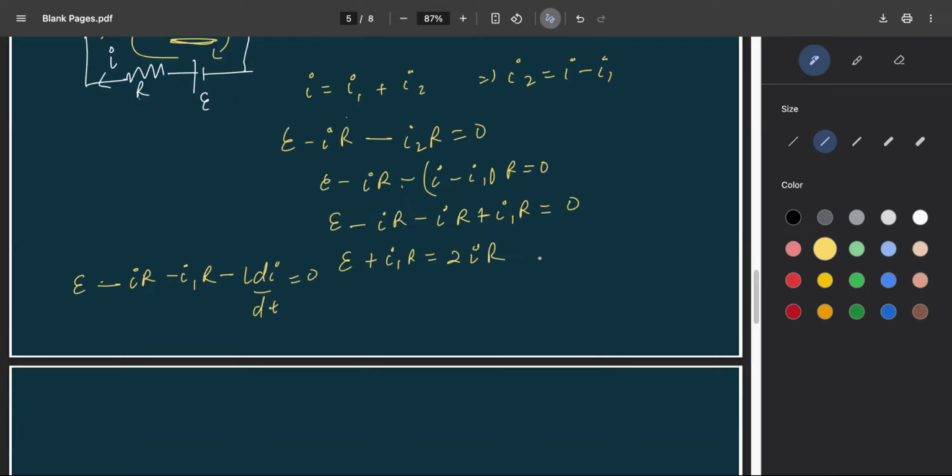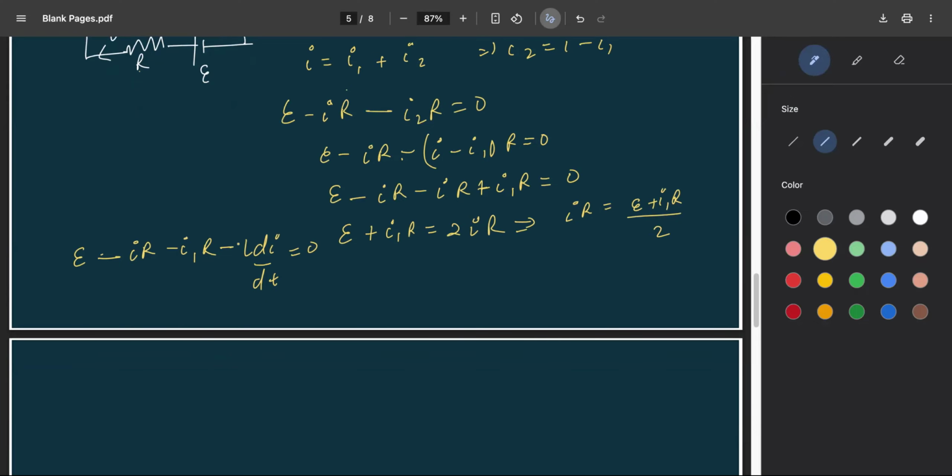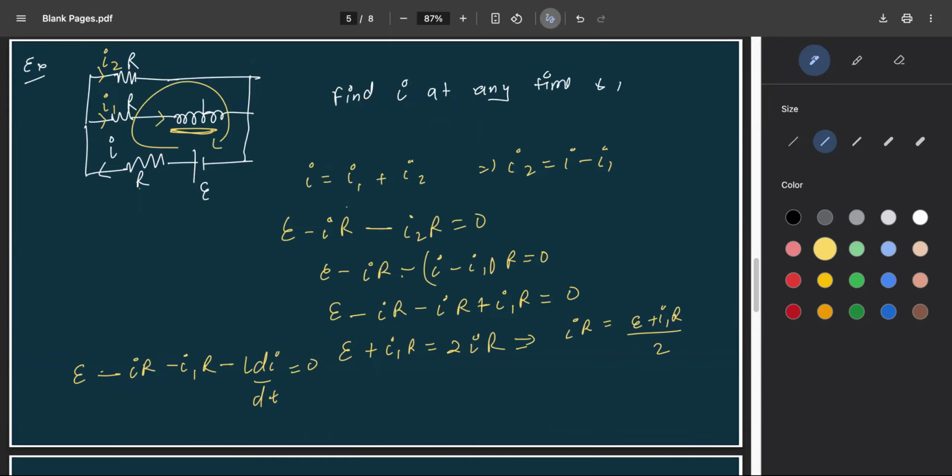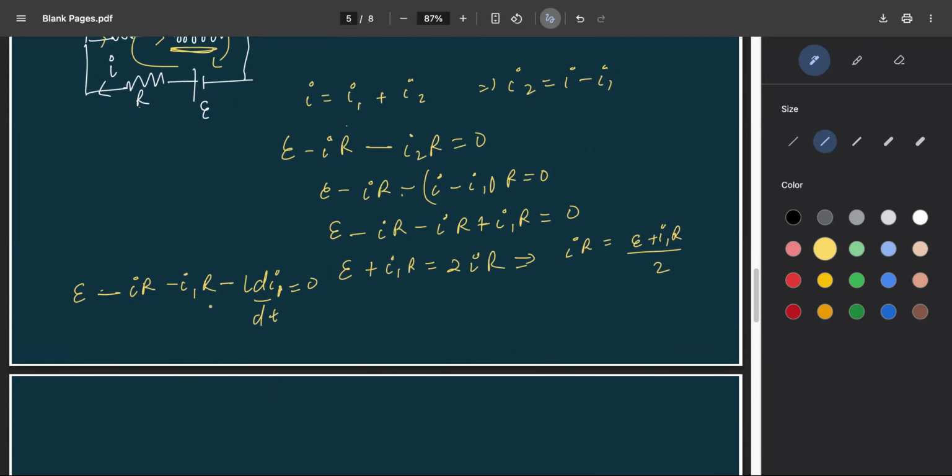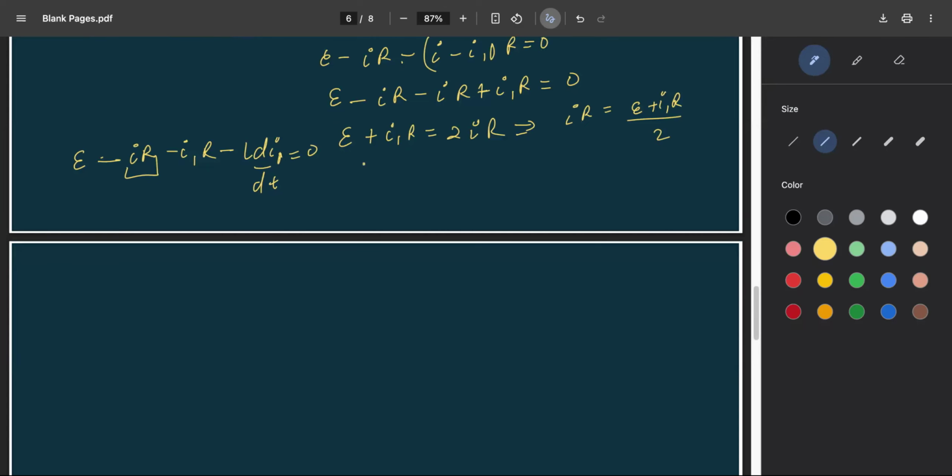Kirtana, can I say that from here I can get one equation that IR is equals to E plus I1R by 2? Yes, I can say so. Look, why am I doing this? Sorry, this should be I1. In this whole equation, I have I1, I1, I1. So I will try to remove this IR. So you got something like